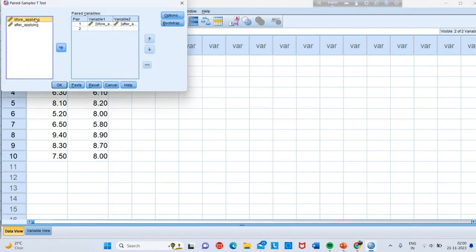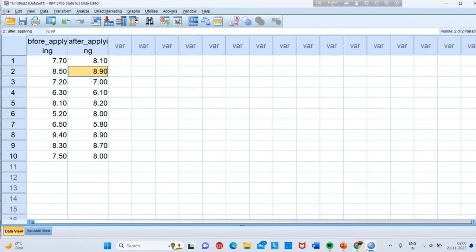Here we have to put before applying in variable 1 and after applying in variable 2, and this is our pair. Now press OK,